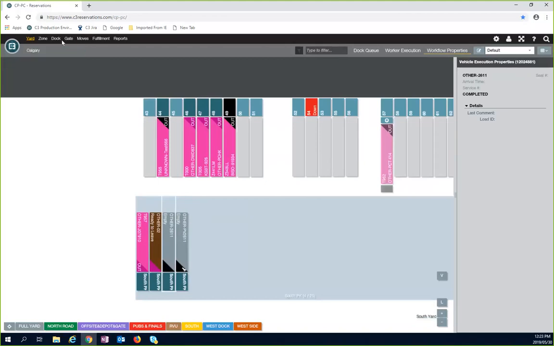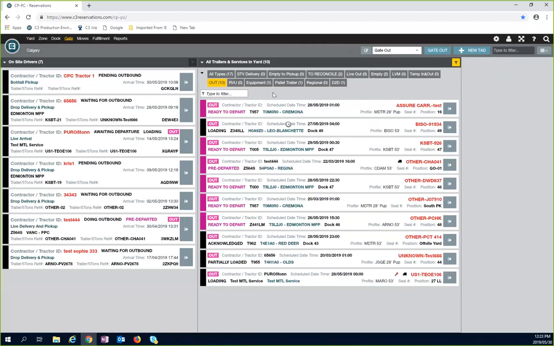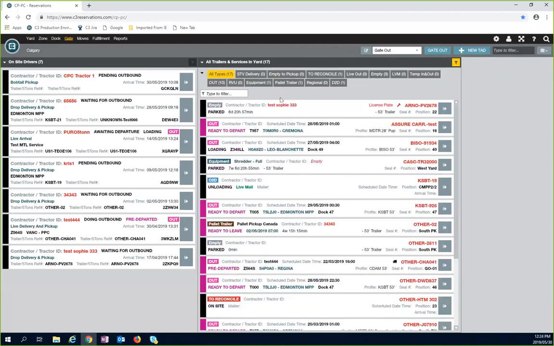Okay, so now we have an empty in the yard. Oh, we actually did have empties in the yard. I just didn't have this selected right. So let's look at empties. So when they're going to bring something to the airport,